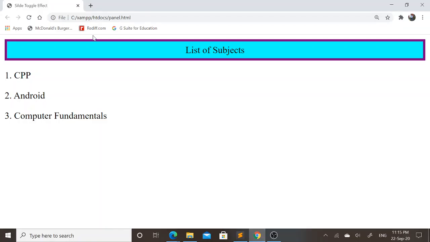Now if I run this web page, I will just refresh the web page. So initially only list of subjects text will appear over here and next panel will not appear. Now I will apply slide toggle effect using jQuery, so that when I click on this list of subjects, I will get one panel below this list of subjects and I can see different subjects list.